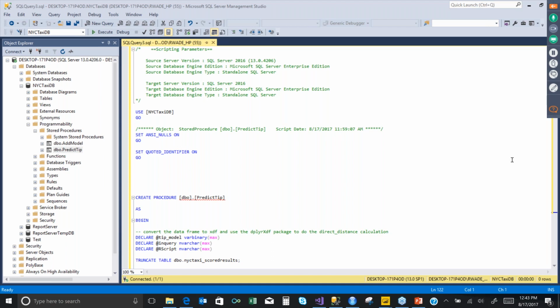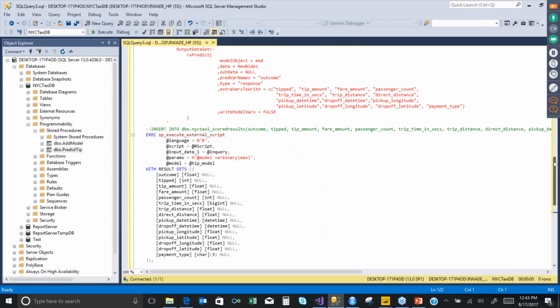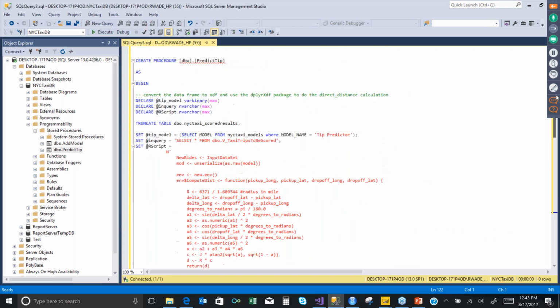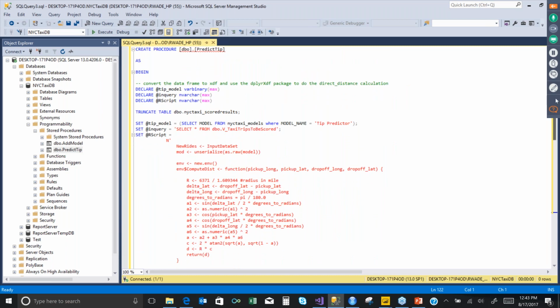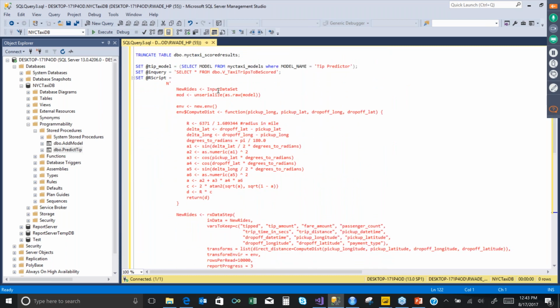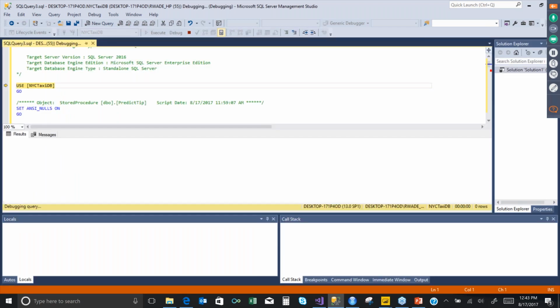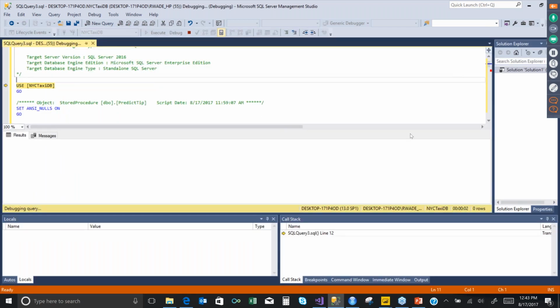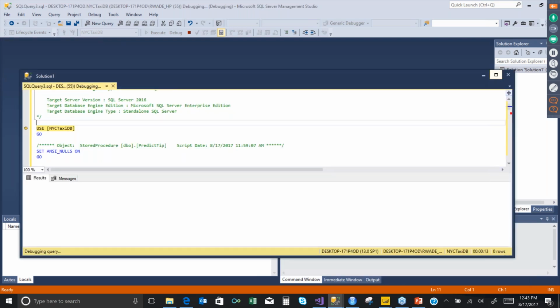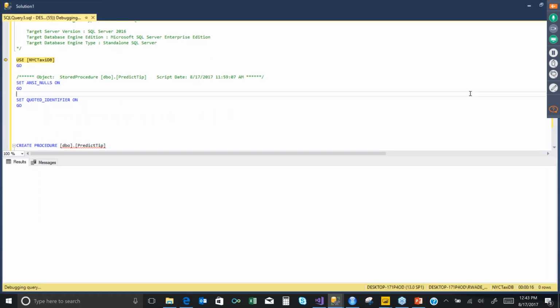So this is an example of an R stored procedure in SQL Server, and you'll see that we have our R code up here, and one of the features, what just happened? I don't know what just happened. Let's close out some of these screens. I'll open this, expand it out. Yeah, one of the features